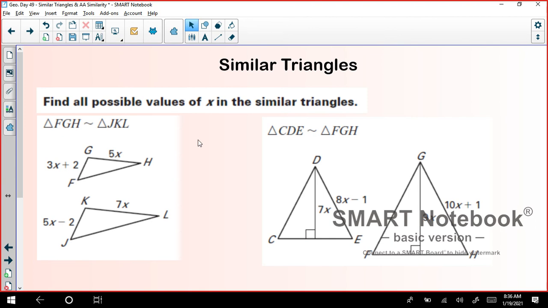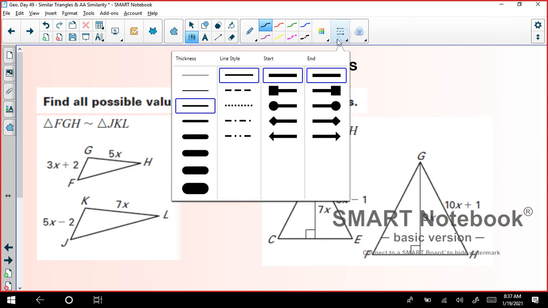Okay, we had discussed what similar figures are and what similar triangles are. We say two figures are similar if all the angles are congruent and the corresponding sides are proportional. Based on that, I'm going to help you solve the first problem and then I'll ask you to solve the next one on your own. So let's see this first problem.